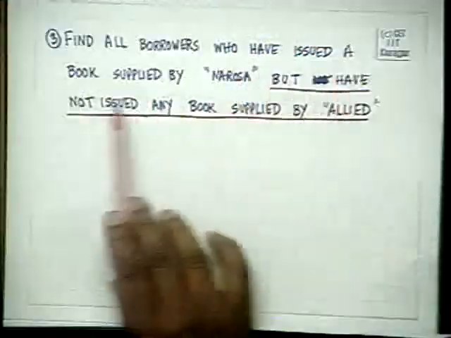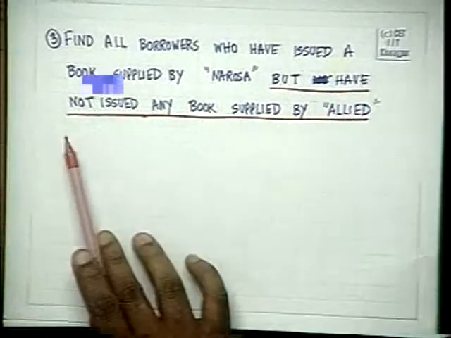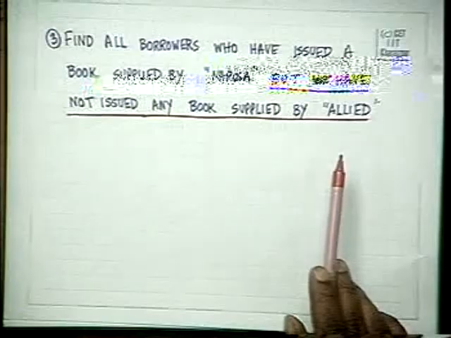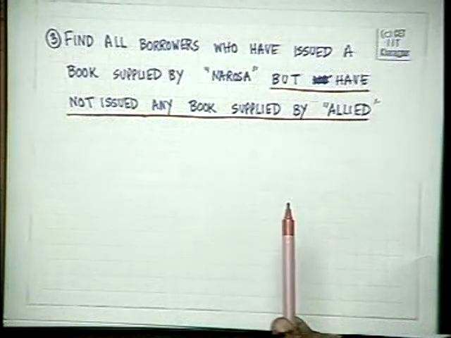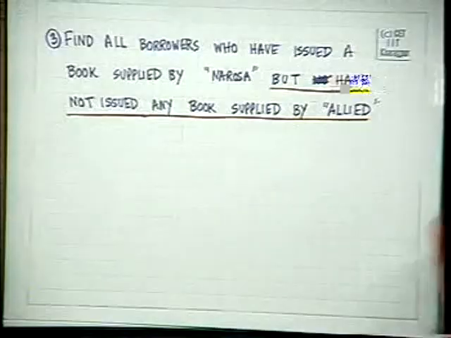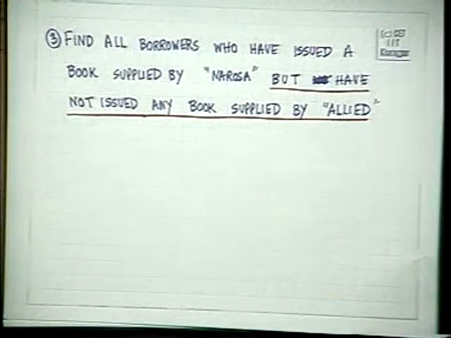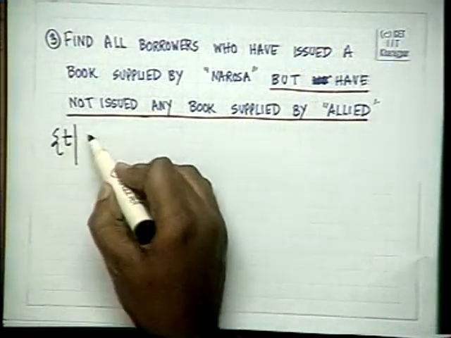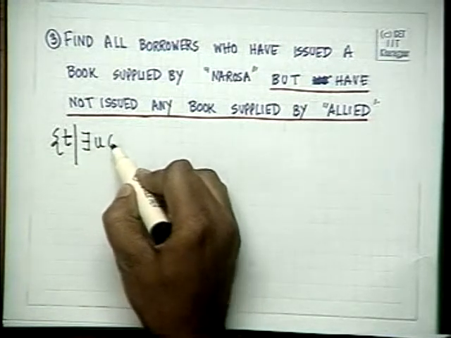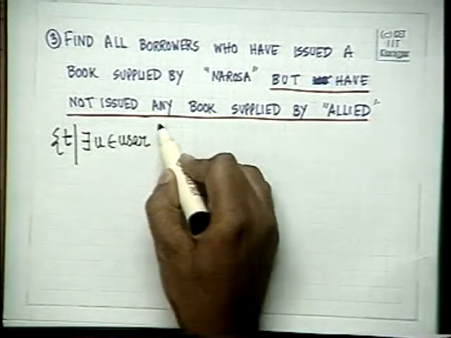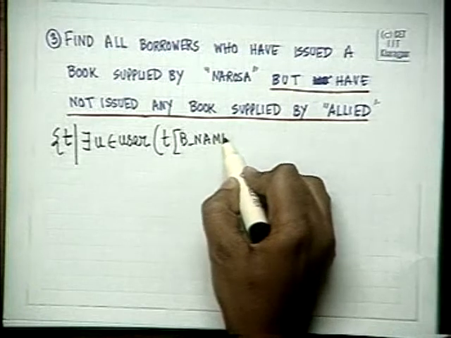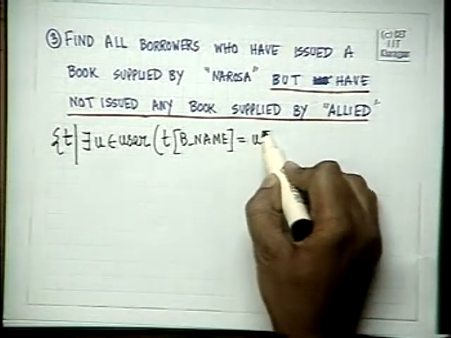Find all borrowers who have issued a book supplied by Narosa but have not issued any book supplied by Allied. So, issued one book supplied by Narosa but have not issued any book supplied by Allied. Let us see how we will get around to solve this one. We will start in a similar way. T, there must exist a U element of user such that T of B name is equal to U of B name,